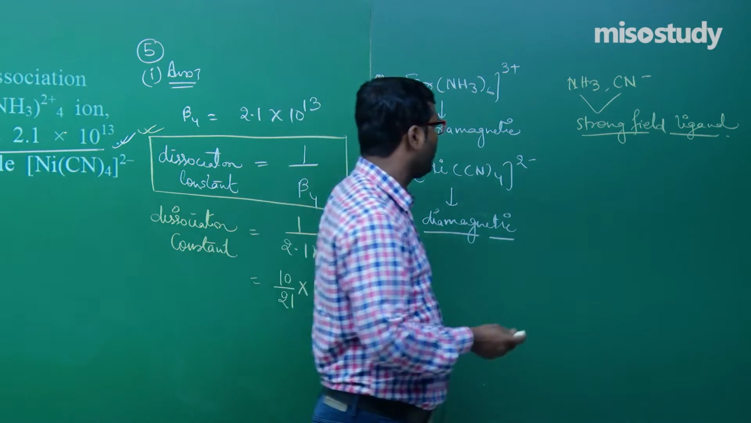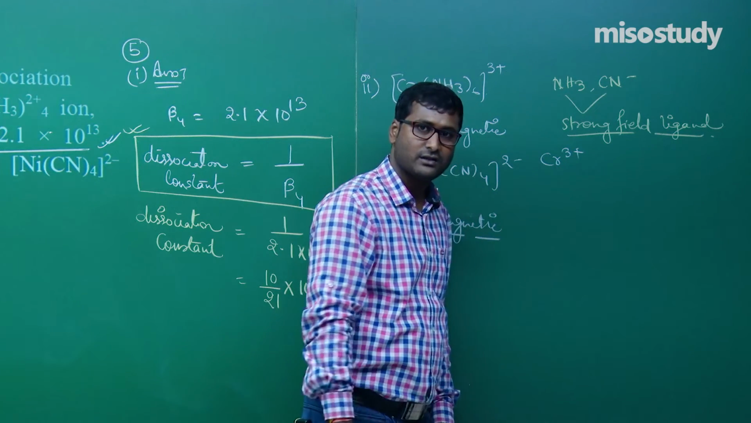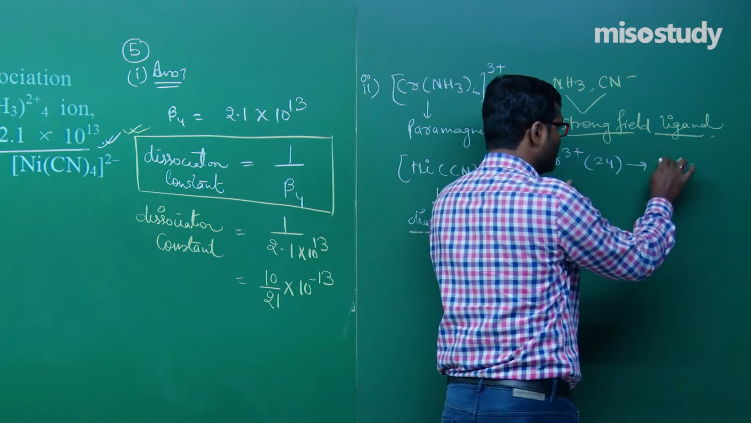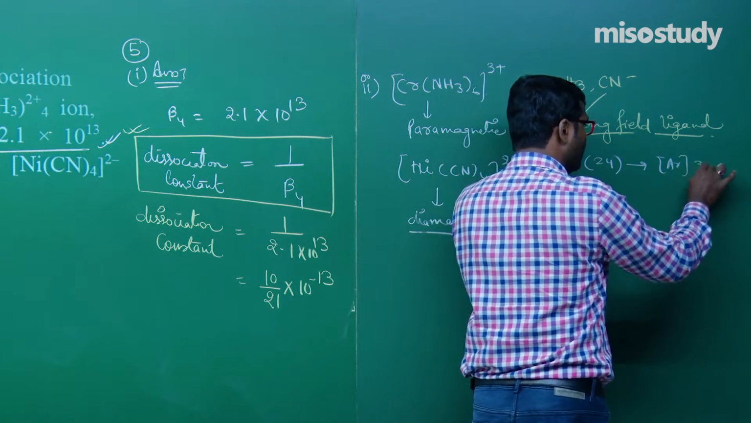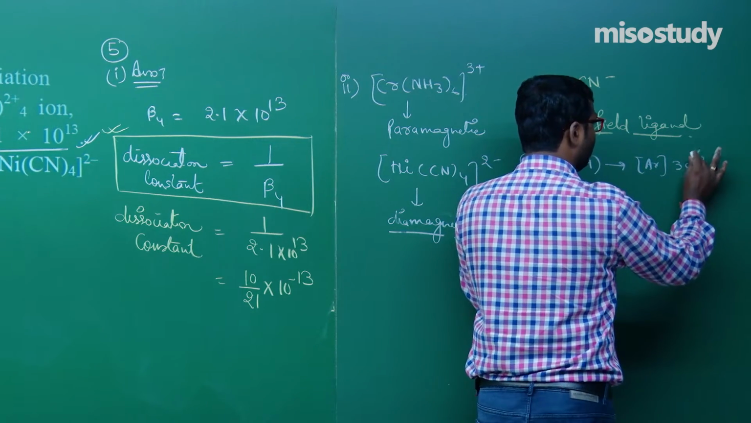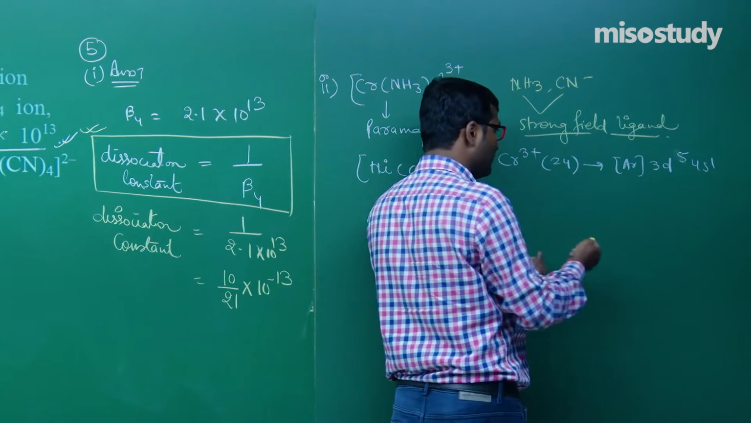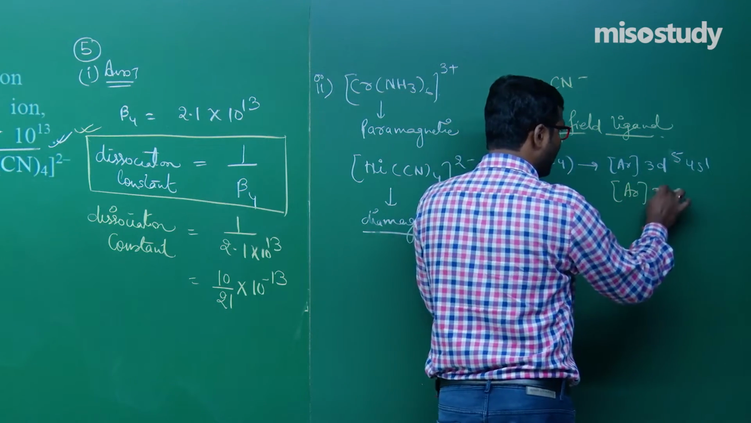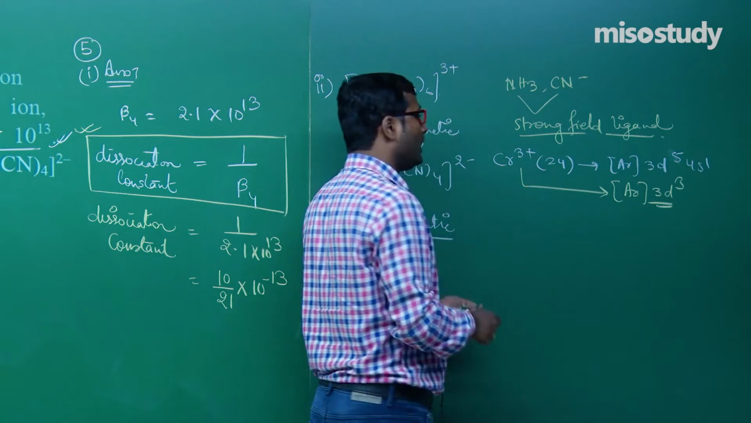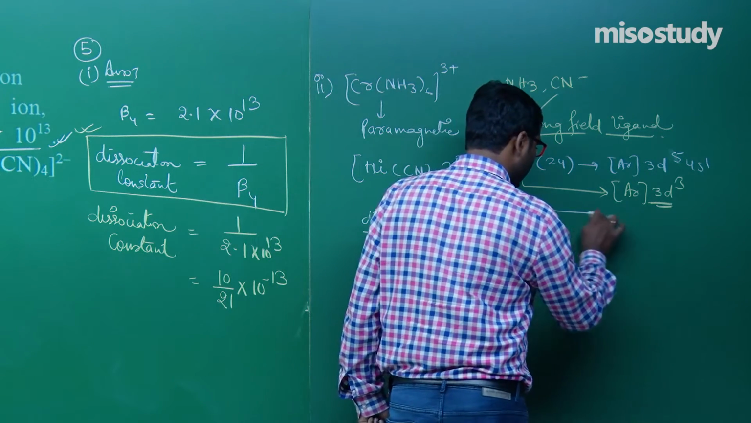Let's check. Chromium here is in the +3 oxidation state. The general electronic configuration is argon 3d5 4s1. Now, there is a release of 3 electrons, giving argon 3d3. This is the electronic configuration of chromium 3 plus. Yes. Now, add them like this,